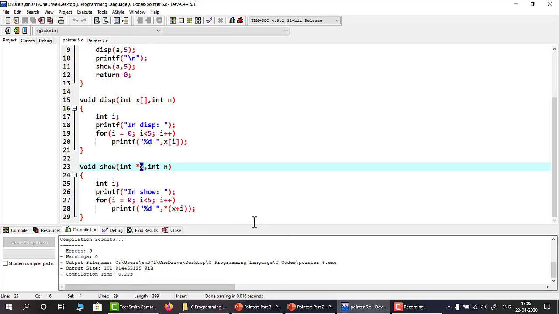So x plus i will give me the base address of the ith cell of that array, and *(x + i) will give me the value at the address given by x plus i. By incrementing the i value the required number of times, we are actually printing the array elements. Which array? As x is holding the address of A, it will print all the elements